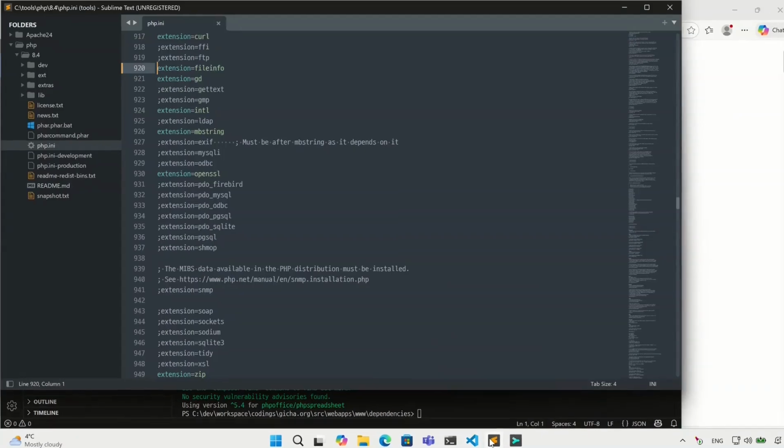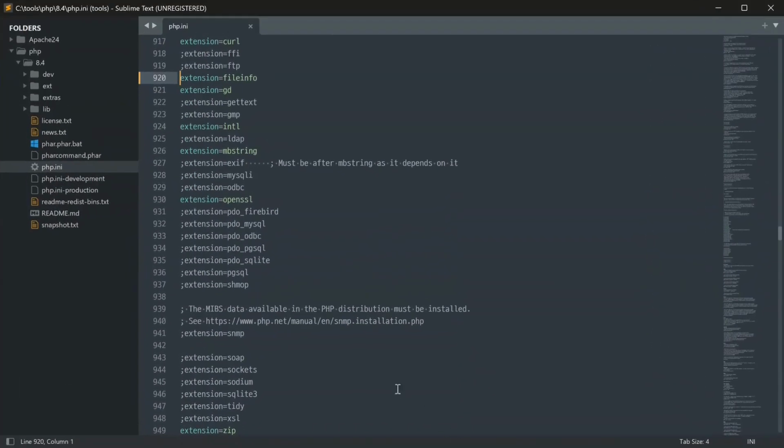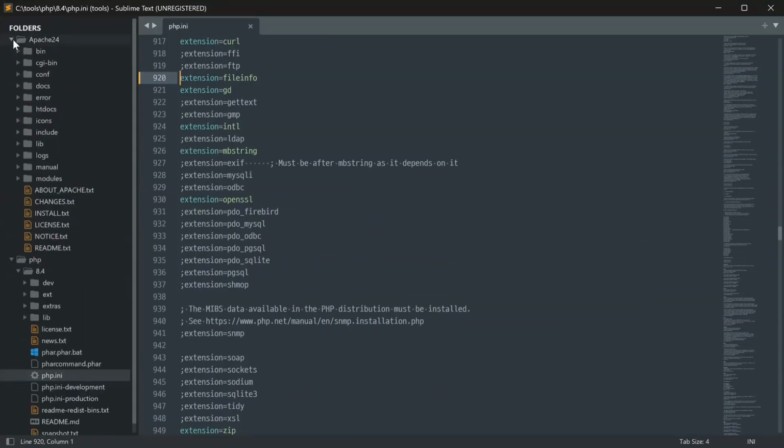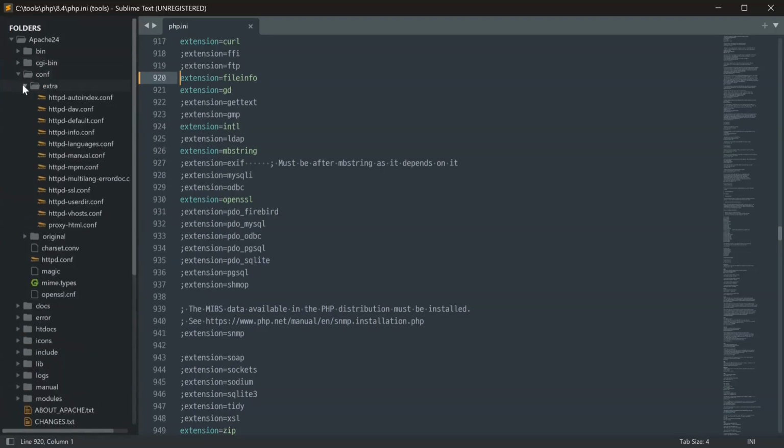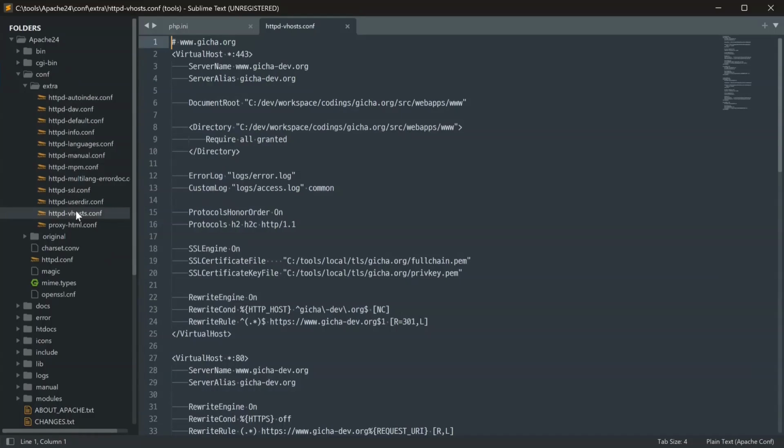I'll deny access to files in the dependencies directory. Open the virtual host configuration file in the Apache conf directory. Installing the Sublime Text Apache Conf package will apply color syntax, but I'll skip that part here due to time constraints. Since the file extension alone doesn't distinguish between regular conf files and Apache conf files,